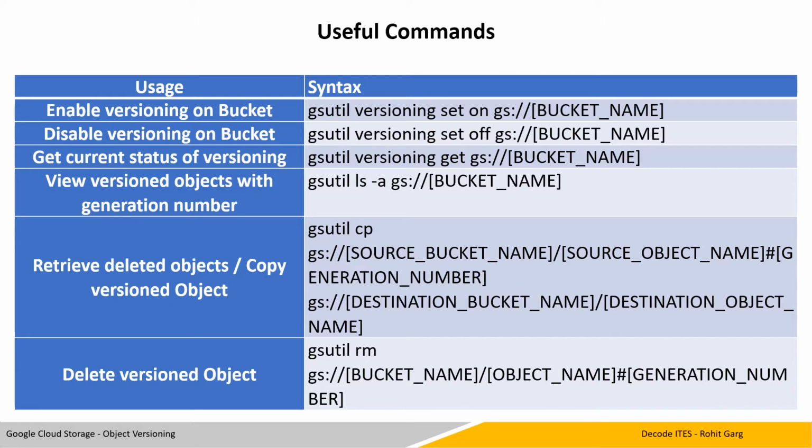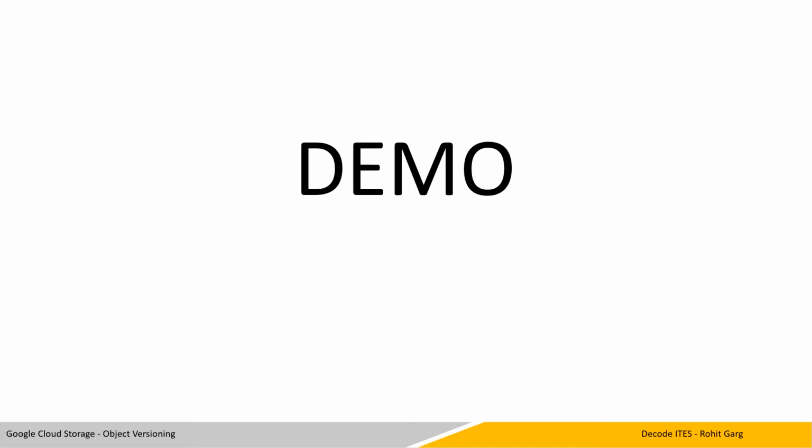Deleting the version object is very important because it will delete the old objects that are not in use or not required from the storage and free up the space, which will lead to smart spending or smart utilization of your budget. Let me take you to my Google Cloud Platform demo account and we will run the commands mentioned on the last slide to explore their usage and functionality.